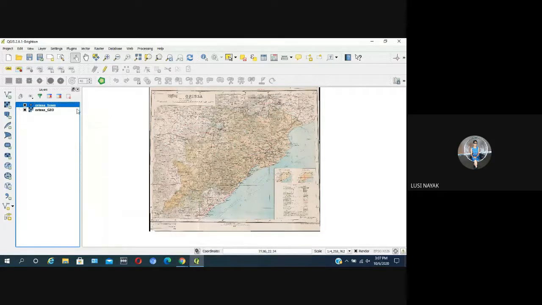Well, now please add the points. Select your vector layer. Then toggle editing.